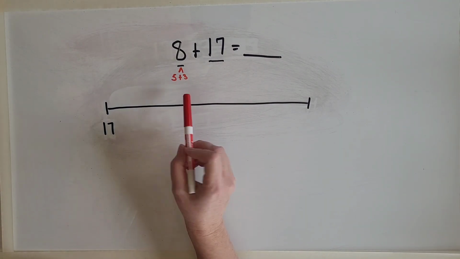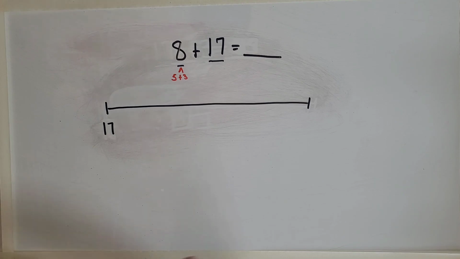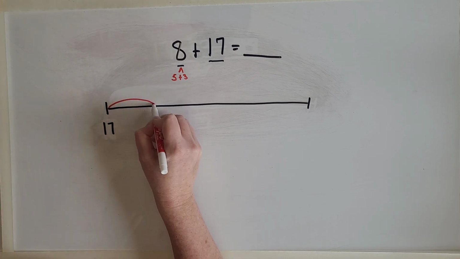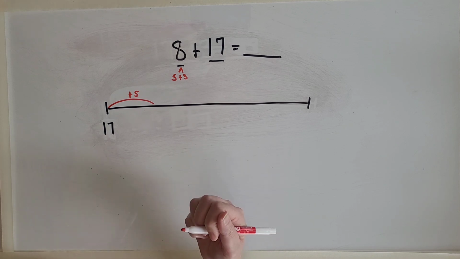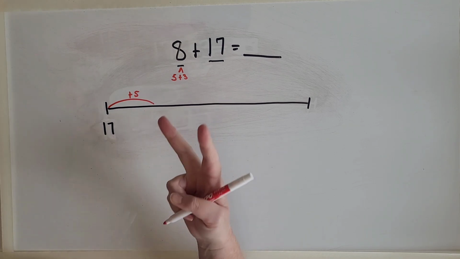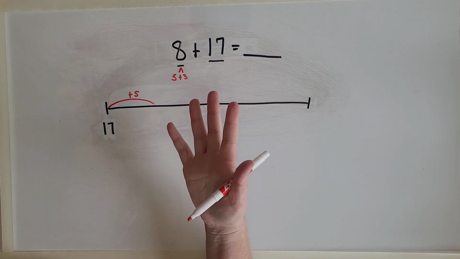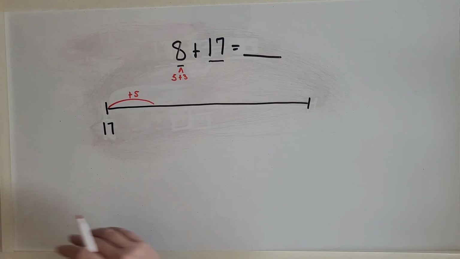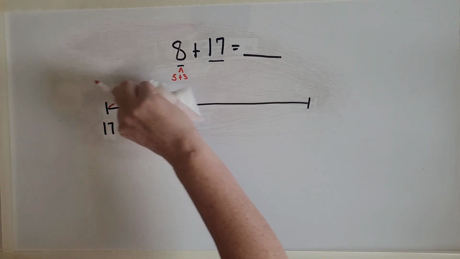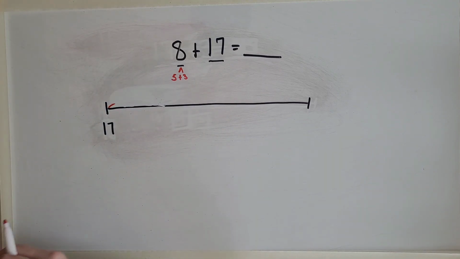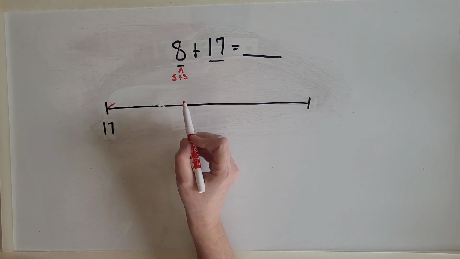Many kids, again, will see 5 as first, and they'll want to just make that hop of 5. And they'll say, oh, 17 plus 5, and they might start doing this, 17, 18, 19, 20, 21, 22. Well, that kind of defeats the purpose of the number line, because then you're just counting on. So when we teach our kids to use a number line, we try to help them make friendly numbers. And it just so happens